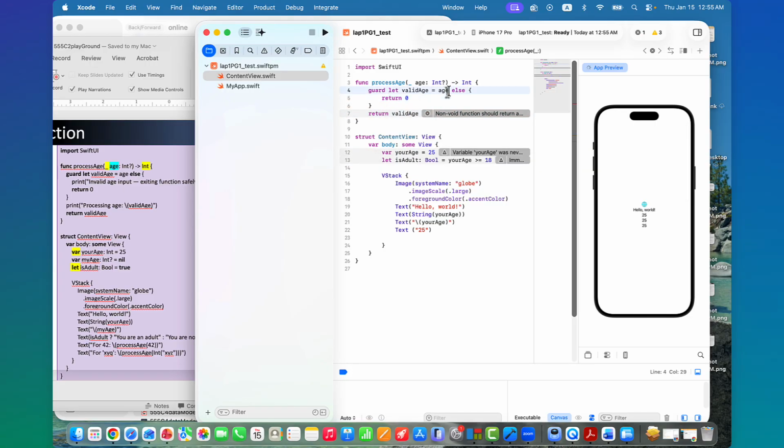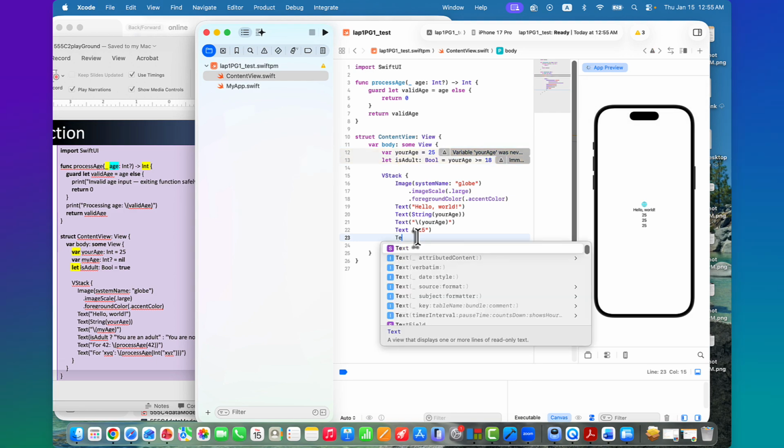But if we say validAge is, well, let's put it like this. And then we can do a text.